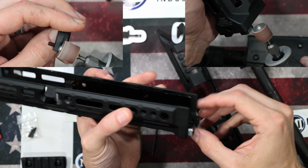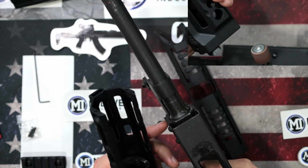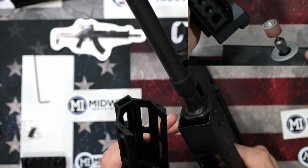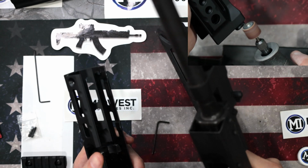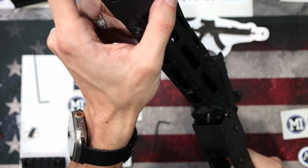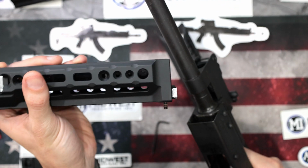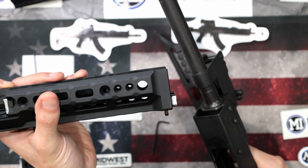I had to sand down here and here. So what we do here is we're going to look right in here where the other handguard slid in, and the instructions say to measure it. I just kind of measured it by eye and started removing little by little. I used a Dremel, but you can use